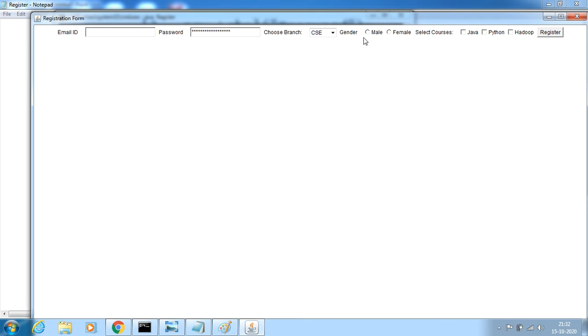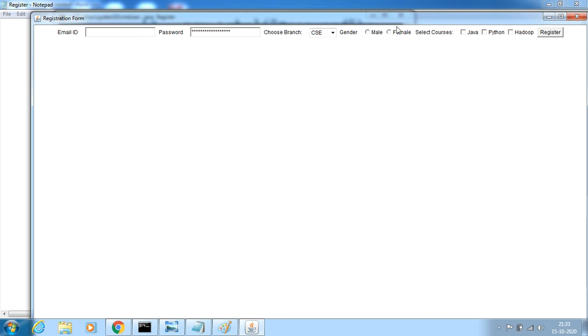In order to arrange these components in an organized manner, we need a concept like layouts. Layouts will make the components be arranged in the order in which we create them. Depending upon the way we arrange the components, the layouts are classified into different categories. Of course, we'll see that in the next video, no worries.